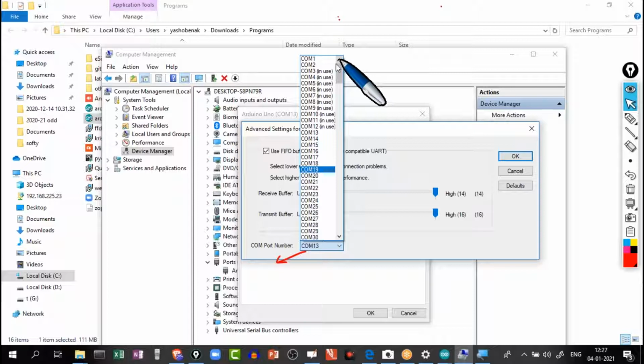The only thing is I cannot make use of COM ports that are already in use. All I can do is go for COM port 1, COM port 2, or COM port 13. All these COM ports have already been assigned by the Windows OS. They are already in use, so I cannot terminate them. All I can make use of is COM port 1, 2, followed by 13. So here, let me change this into COM port 2.